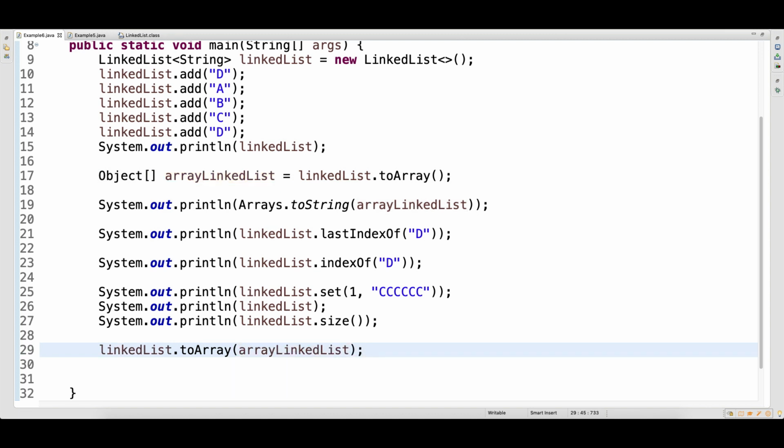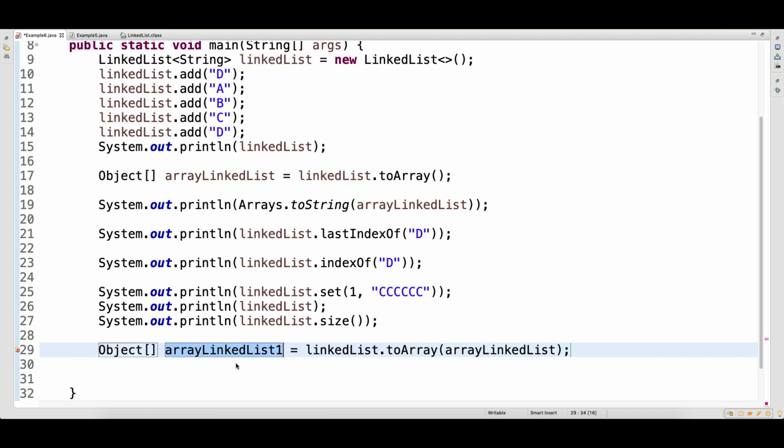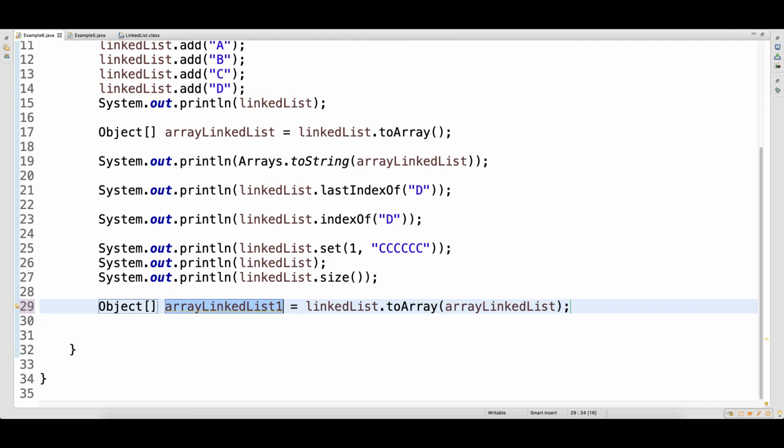And when you store the return type of this, it will be array. So let me change the reference, just place mouse over here, click on create local, this will be of type object, right. So same thing again, you need to print that,